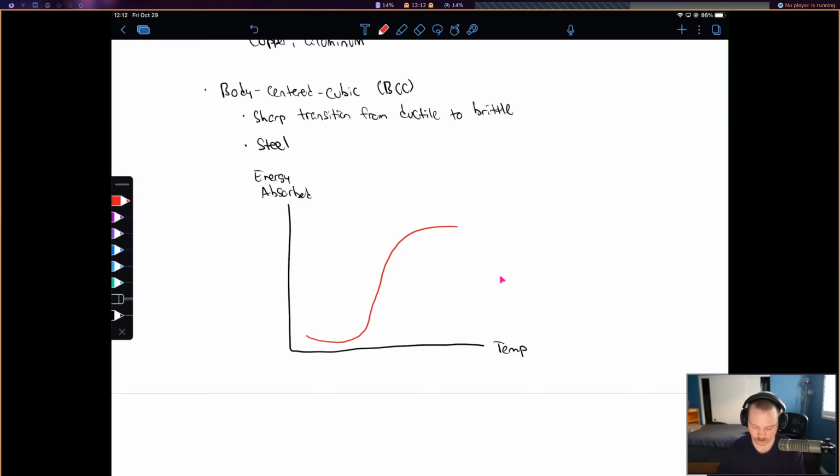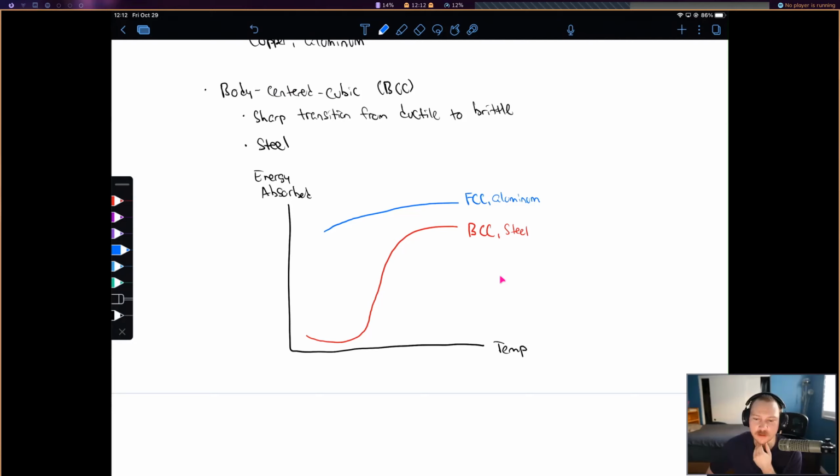Okay, so in red here we have our body centered cubic structure like steel. And then in blue, I'll have our face centered cubic, and that'll be like aluminum. Okay, so these kind of graphs that I drew here, they might be exaggerated from what you're going to see